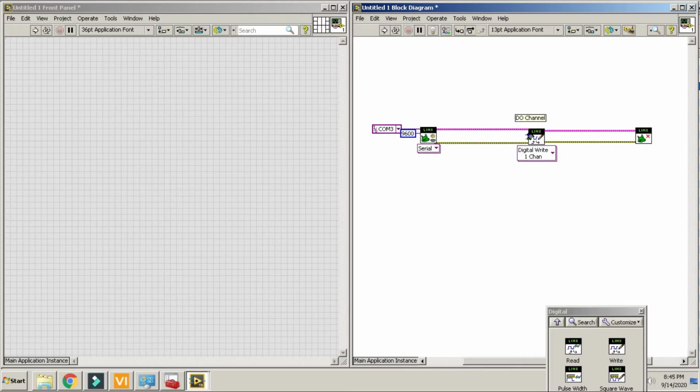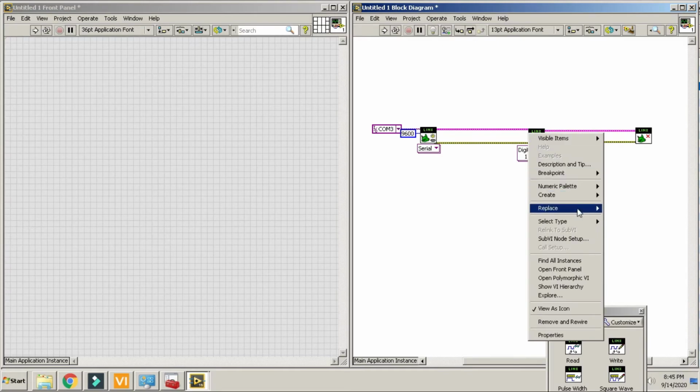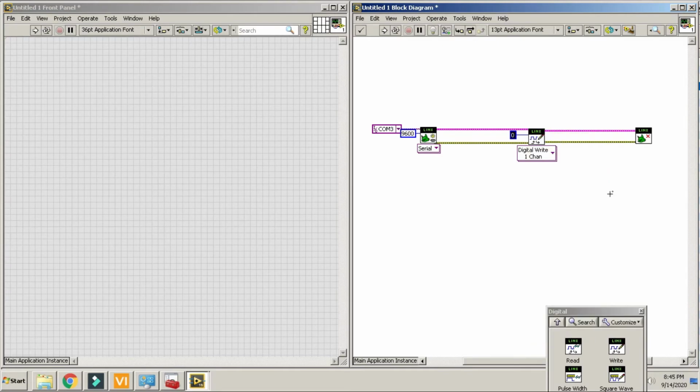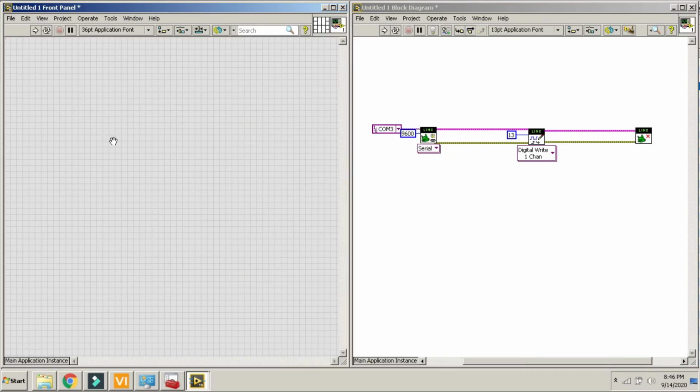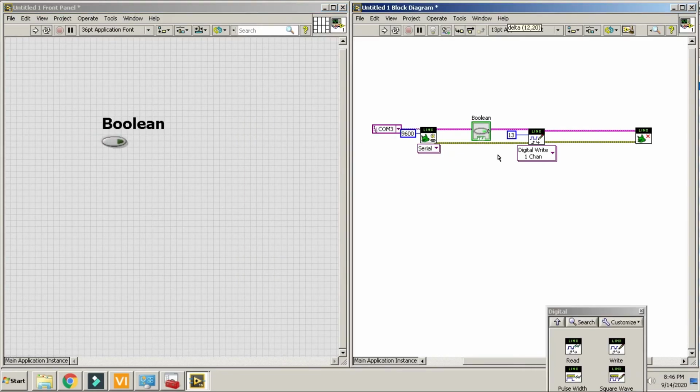Over here you have to select the pin number, the digital pin number. I am creating a constant. My pin number is 13, the on-board LED, and here I am creating a push button switch to just turn on and off my pin 13 LED.